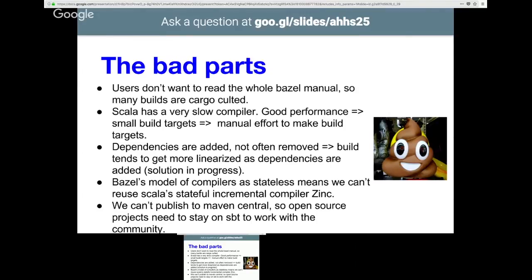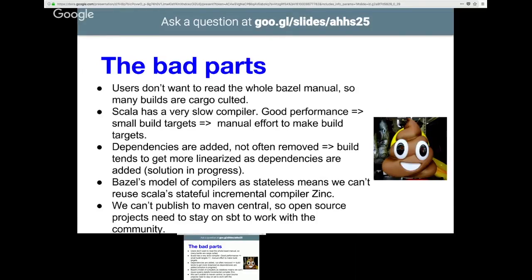Let's see. The main compiler backend used in SBT is the Zinc compiler. We don't use that one because it is super stateful. It keeps all this state to try to minimize rebuilds, and fusing that with Bazel's model hasn't really worked very well. So we just use scalac: allocate a new one, which is just some JVM program, run it on the code, and then throw it away and garbage collect it. And as long as they're not mutating any static variables somewhere, that should be safe. Spoiler alert: in 2.12, they started mutating some static variables somewhere. But anyways,